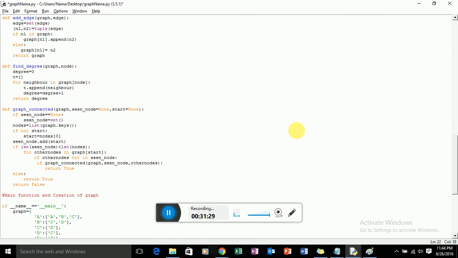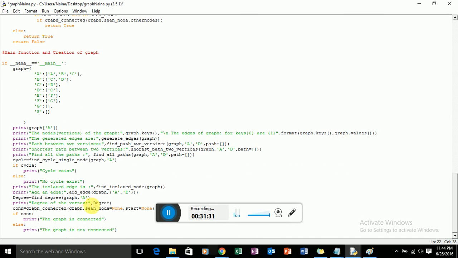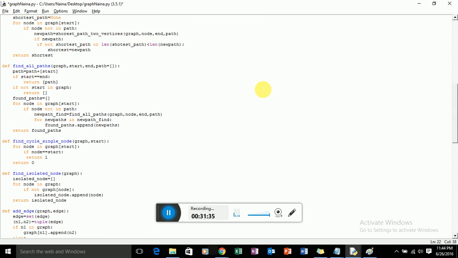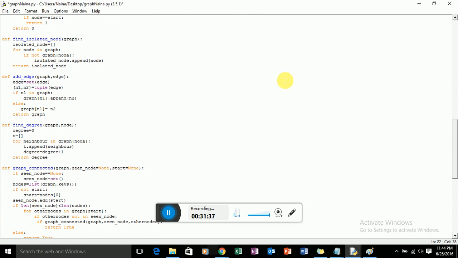I'll call the function find degree of the vertex, and let's say degree is equal to 0 and t is equal to nothing. I simply have to traverse through the values of A to find how many neighbors it has. The number of neighbors is equal to the number of degrees.